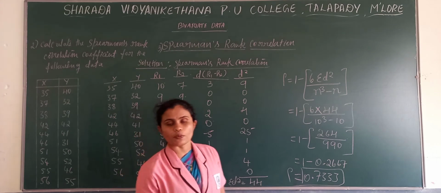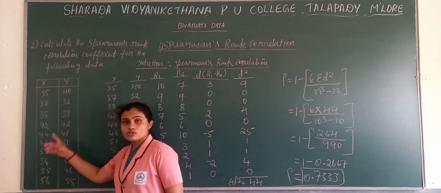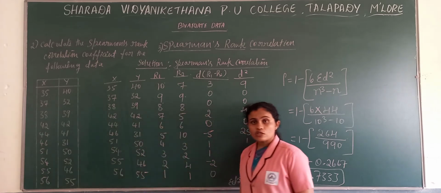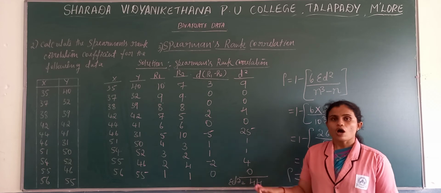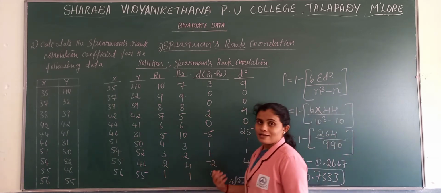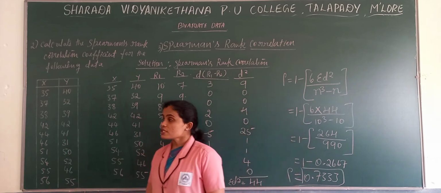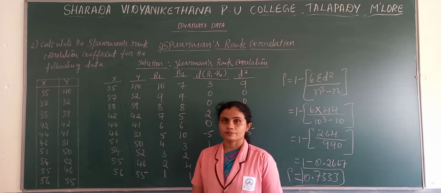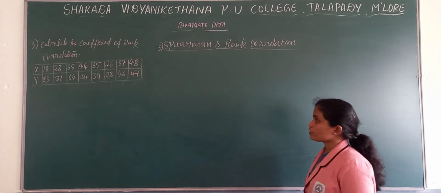Now one more kind of problem we have here, as I said, is when values repeat. When your values repeat, we need to assign the same rank, but how to assign the ranks when values repeat, that we'll see as the next problem. Now we'll see the other problem, the last problem in rank correlation.